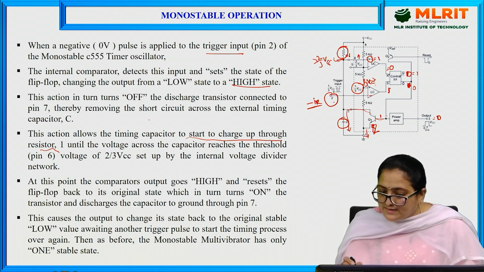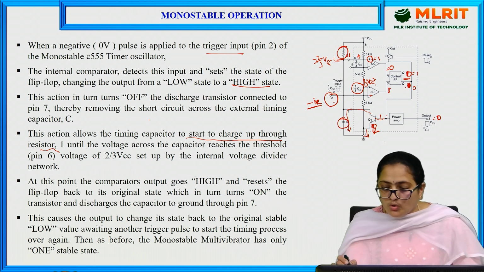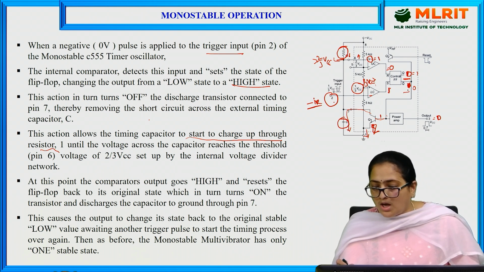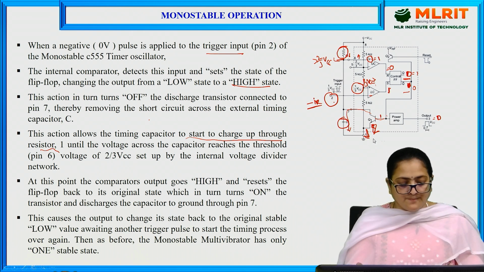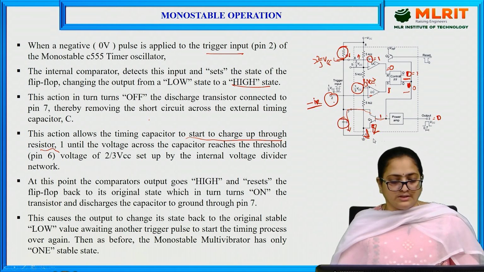So, if R is equal to 1, then S is equal to 0. The control flip-flop will give an output of 0, so Q bar will again be equal to 1. Again, it works as an ON switch and produces a discharging path through this path. The same has been given here point-wise.